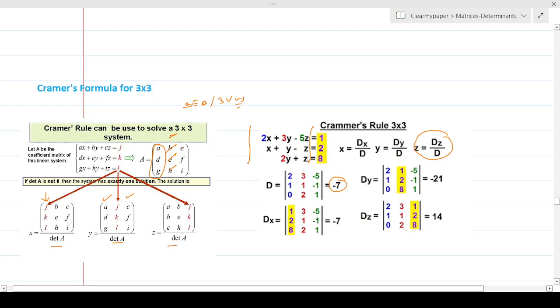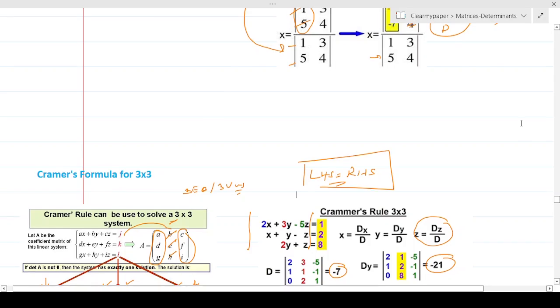Similarly, for finding the value of z, this one, c, f, i, is gone and you replace it by j, k, l, which is the constant matrix, but you leave the x and y coefficients untouched, and that's how you play these against each other and find the values of x, y, and z. And like I said, once you find these values for x, y, and z, make sure that you substitute all these 3 values in any one of the equations, whichever you find easy, to make sure that the left hand side matches the right hand side, to ensure that your calculation is correct. So that's how you apply Cramer's rule for a 3 by 3 or a 2 by 2 matrix.